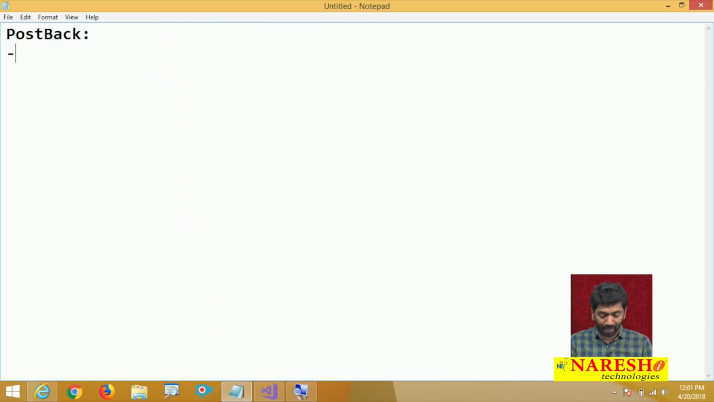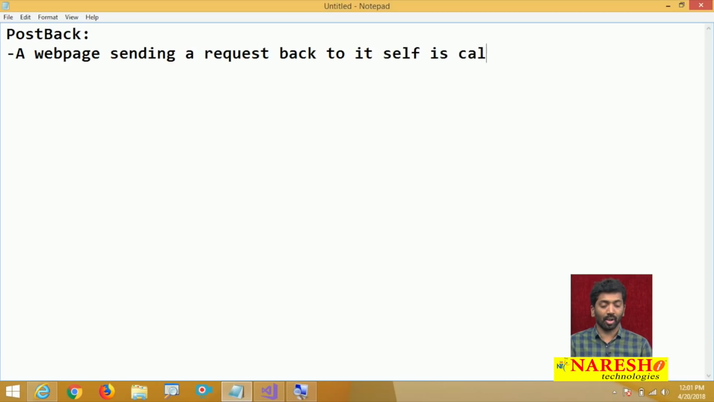So first, postback. What is it? A web page sending a request back to itself is called a postback. Okay. So how do we identify this postback in our